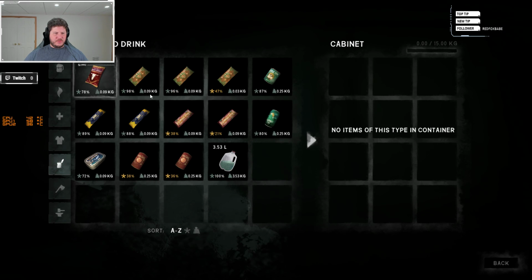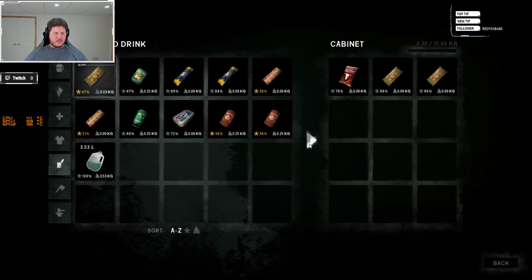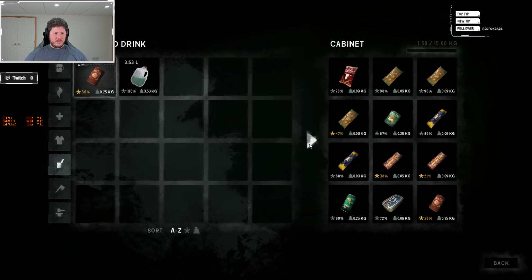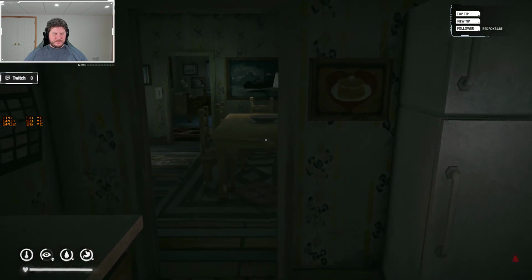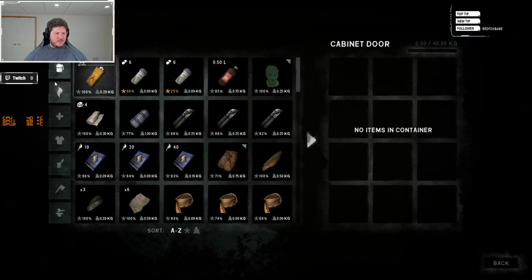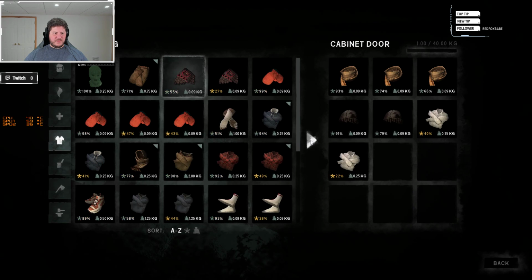I am just going to offload. I'm going to offload pretty much all of my food. Except for my water. No. Open this cabinet. And I am going to get rid of...